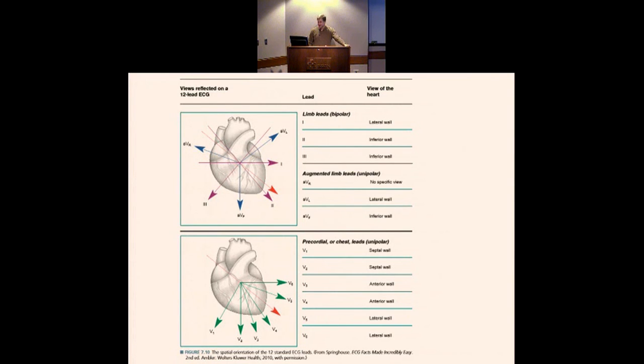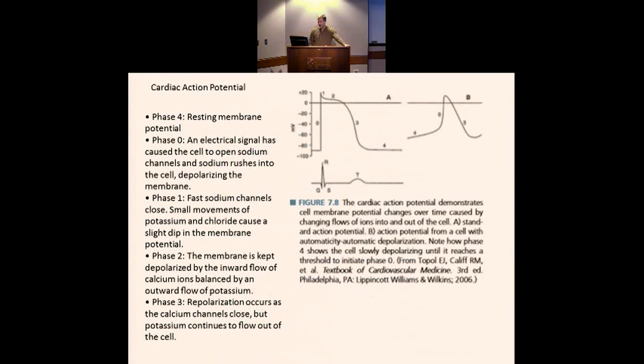I wouldn't anticipate they would ask that though. This is a cardiac action potential. Again, I think this is worth skipping over. This just talks about how these signals are generated at the cellular level. Basically, electrical signal is caused by influx of sodium ions into the membrane and things like that. I wouldn't spend the time